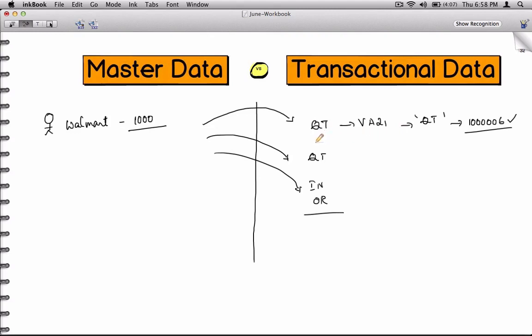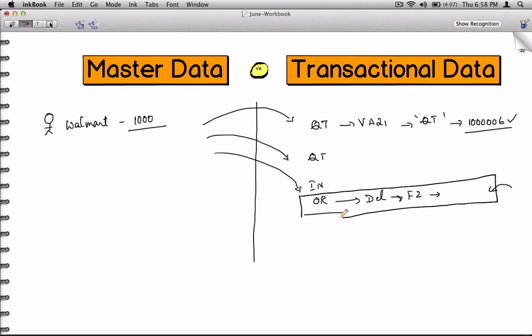And once we finish servicing a quotation, meaning the expiry date has come and gone, or let's say if it is an order, we have delivered the order, we have billed the order, and then the customer has already paid for that order. Now that's it. This order is out of the picture. We don't regularly deal with that order anytime in the future unless for reporting or other purposes. So transactional data is generally transient. It exists for a particular period of time, and it has everybody's attention for a particular period of time,